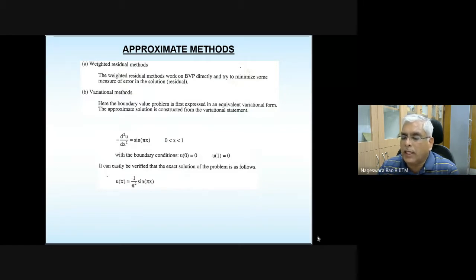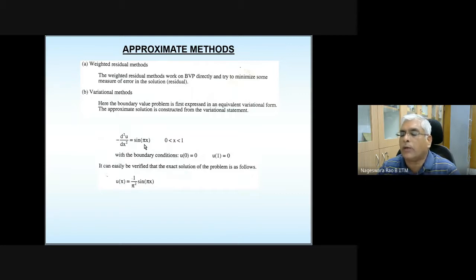It doesn't matter where that differential equation is coming from, where those boundary conditions are coming from. It can be from any discipline. Finally, once you translate a physical phenomenon into a mathematical problem, it's going to be a mathematical problem. So that's the reason we are focusing on a mathematical problem. Here, I don't know what physical phenomenon exactly it's going to represent. You can assume it is given by somebody and you are asked to solve this problem. Okay, so that is where we started, and yesterday we looked at the least square weighted residual method.